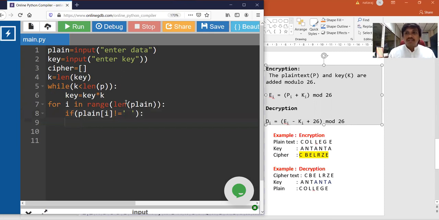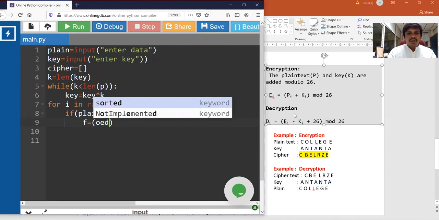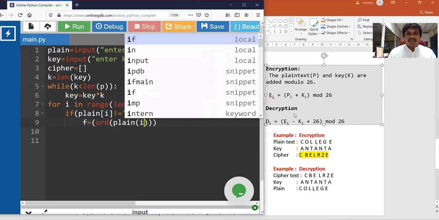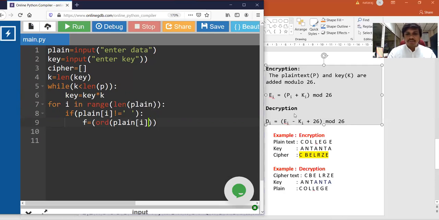If it is not space, then I want this P of i. How will I get that P of i? Let that be the first expression, f equal to ord of, which is like getting the ASCII value, ord of plain of i minus ord of, if it is capital letters I will give capital letters, if it is small letters it is small letters.